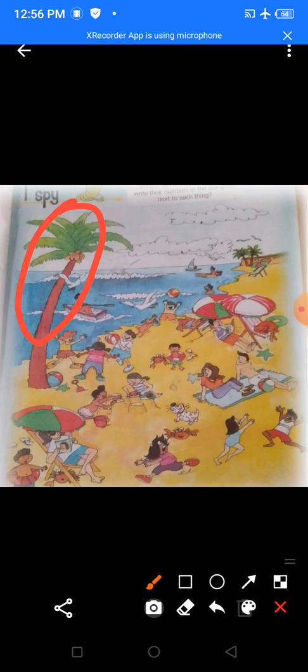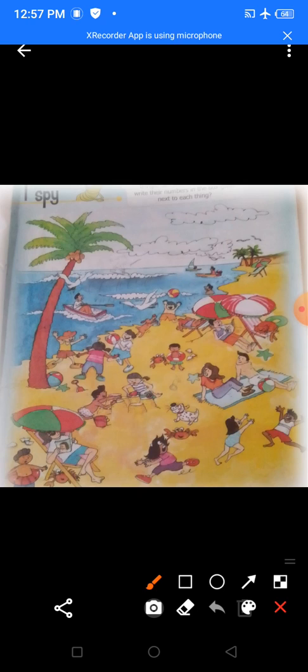Now if you see in the corner, here there are two. So there are in total 3 coconut trees. Now we'll erase this. See, again this is 1 coconut tree. These are 2 coconut trees. So in all there are 3 coconut trees.